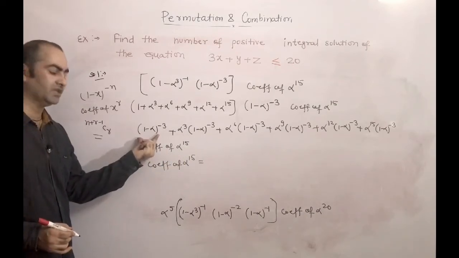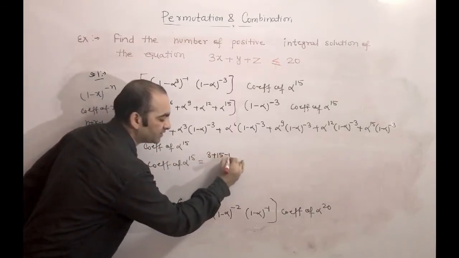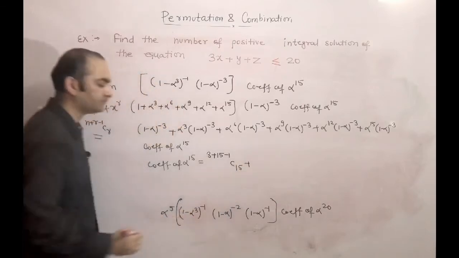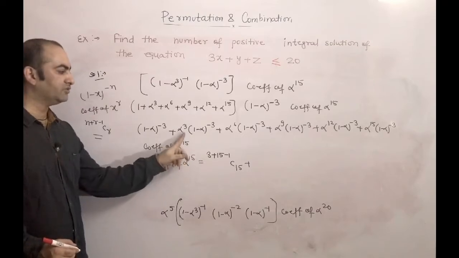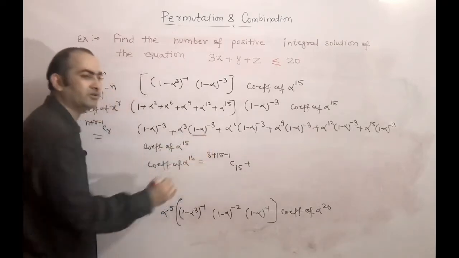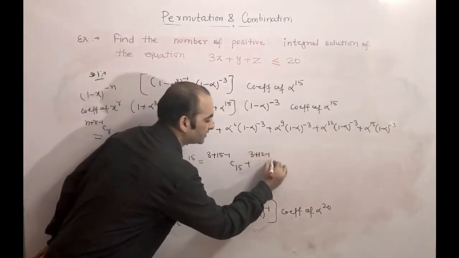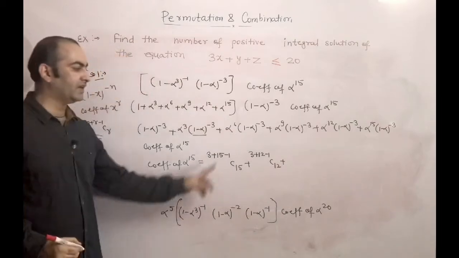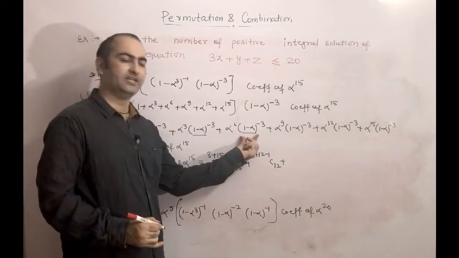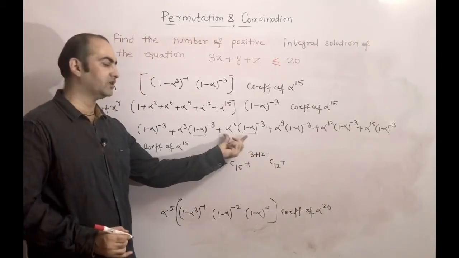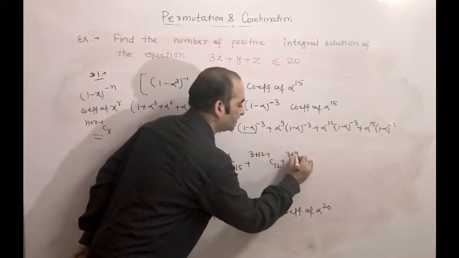So r is 15, n is 3, so what will come? 3 plus 15 minus 1 C 15, plus the next term with alpha power 3. We want the coefficient of alpha power 15, so alpha cube is already there, which means from here we want alpha power 12. So r is 12: 3 plus 12 minus 1 C 12, plus here we have alpha power 6, so from here we want alpha power 9. If alpha power 9 comes, then with alpha power 6 the total is alpha power 15, so r is 9: 3 plus 9 minus 1 C 9,